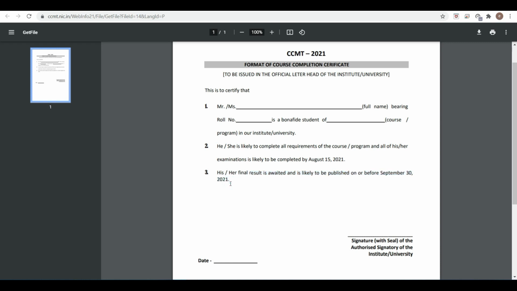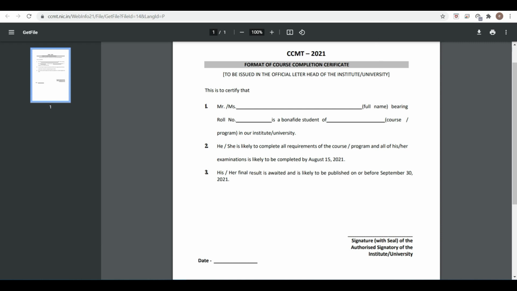If you are not able to submit your degree or final mark sheet before 30th September, then you are basically disqualified. It has to be signed by the institute or university from which you have completed, or are going to complete, your graduation.